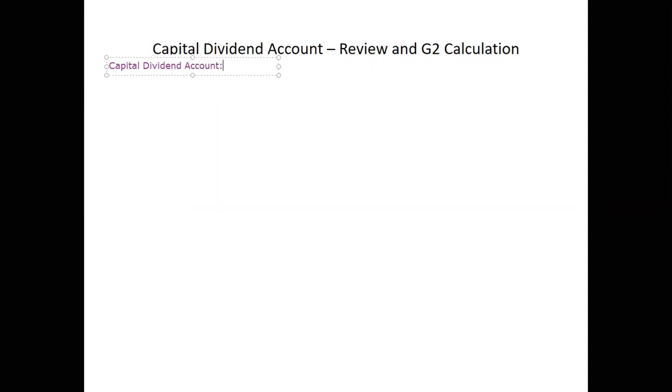The capital dividend account, or CDA, represents the ability to flow tax-free amounts. It's a flow-through account. It's a notional account. It doesn't mean real dollars. There's no bank account called your capital dividend account. And it allows you to flow tax-free amounts. What are the two sources of CDA credits? There are two original sources of CDA credits.